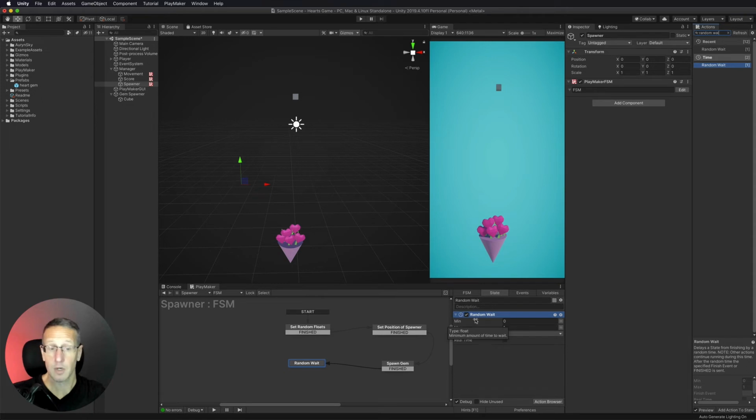And how long is it that we want to wait until the next gem's created? So let's maybe go 0.3 to 1. Yeah, that works. And then once we're done waiting for that specified period of time, whatever that random is, we need to go ahead and go back to our set random floats again, which is going to then change our spawner position.